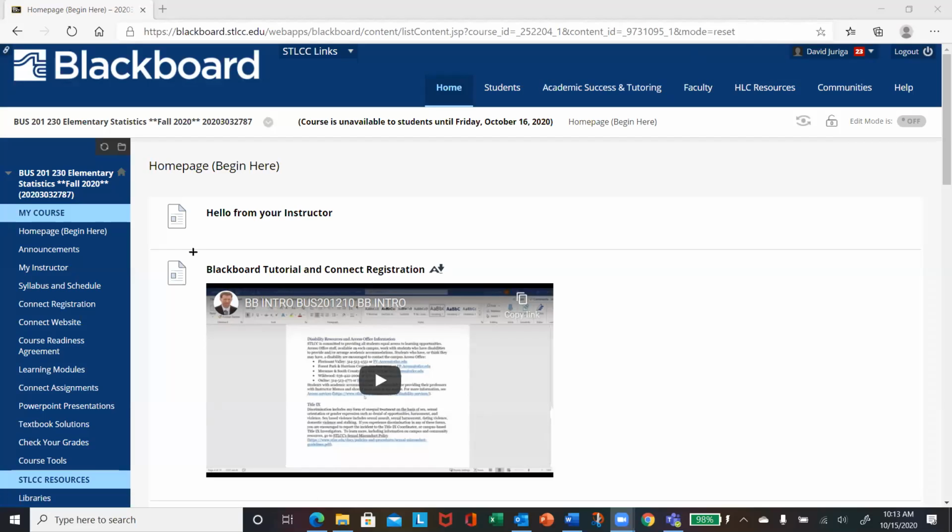So to begin, you'll notice that all these links are set up to the left when you do log in, and you will be directed, at least for the first week when you do log in, to the home page. So I will start right there. In the home page, you're going to find I have a couple videos. One video will be an introduction from me to say hello. And then, of course, the next video is the one you're currently watching, which is the Blackboard tutorial and Connect